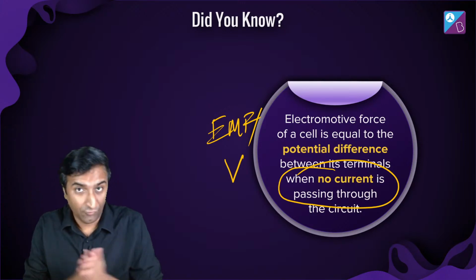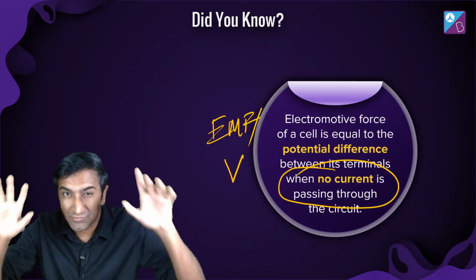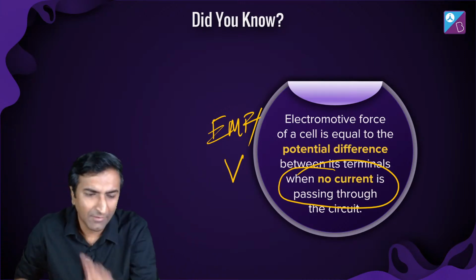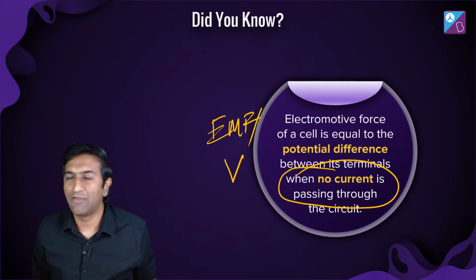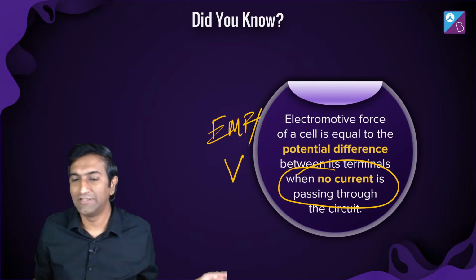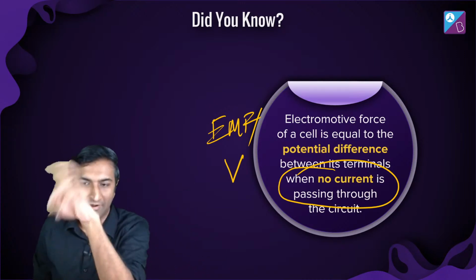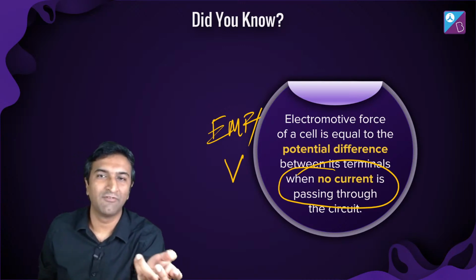See, electromotive force or voltage is when no current is passed. What does this mean? Can anybody in the chat tell me what this means? I don't have any toffees to give away, right? If I'm teaching in a real class, I throw toffees at people to get good answers, or to get people to give interesting answers.